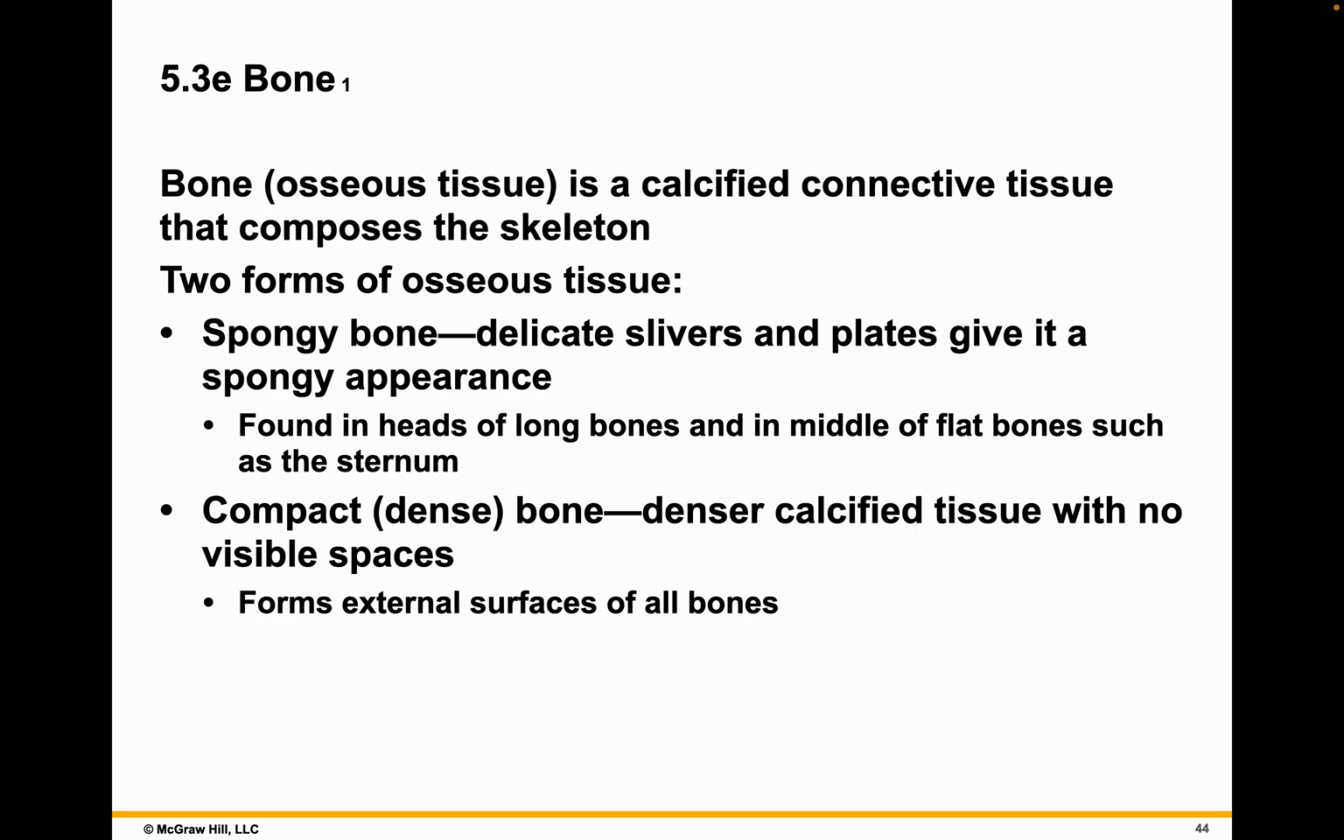Bone, or osseous tissue, is a calcified connective tissue that makes up the skeleton. It comes in two different forms, spongy bone and compact bone, and all the bones we think of, the organ bones, contain some ratio of spongy and compact. The spongy bone is delicate slivers and plates giving a spongy appearance. It's found in the head of long bones and in the middle of flat bones like the sternum, while compact